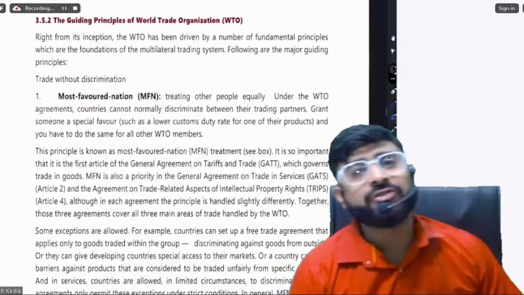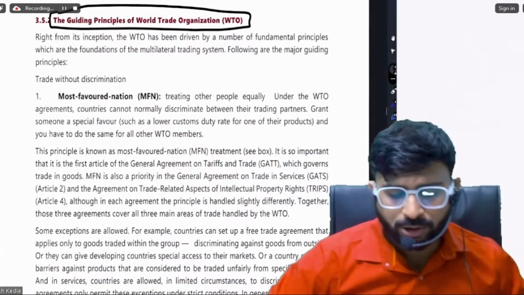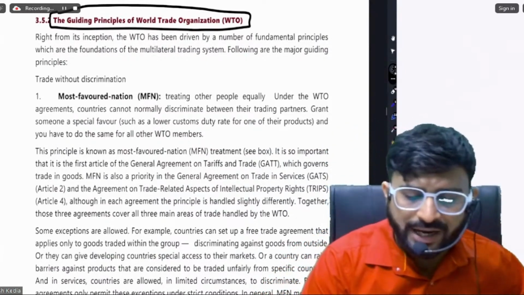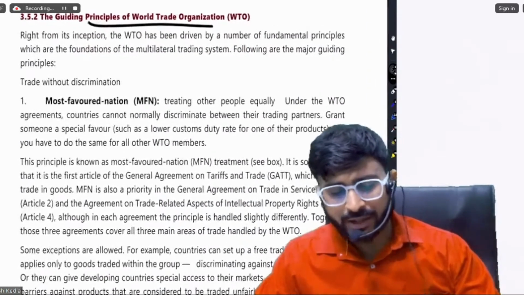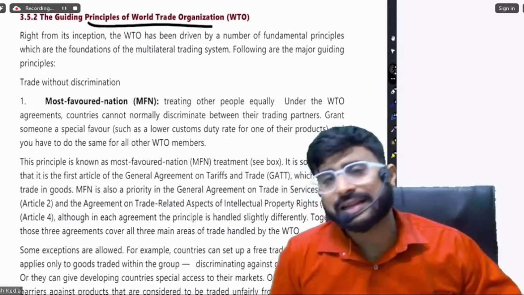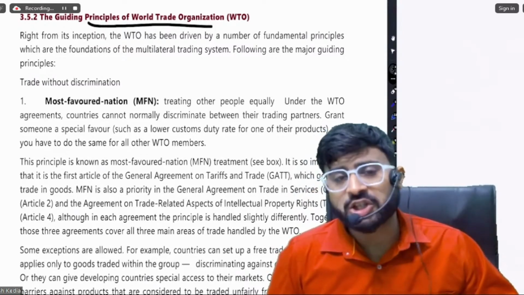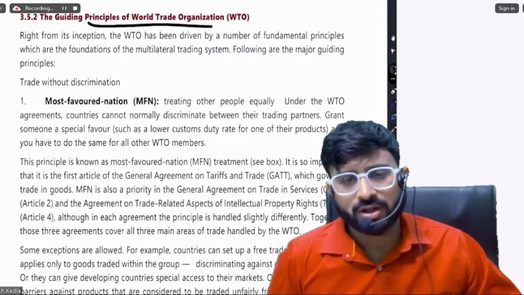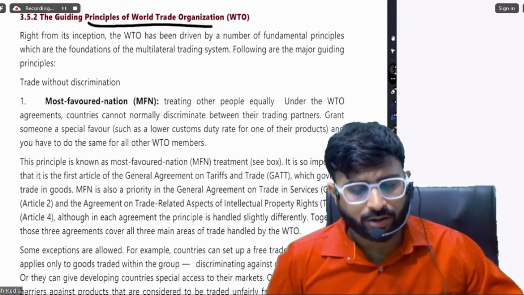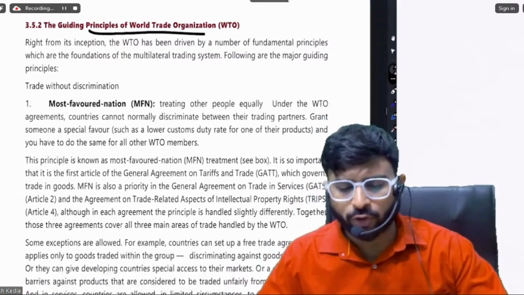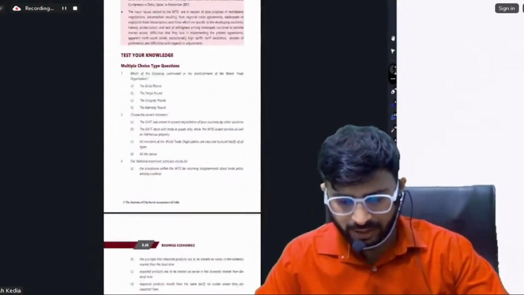Now we are going to study a very important agenda, that is the guiding principles of WTO. So friends, now be ready, because it's a very important area that we are highlighting. Here, we are also going to discuss institutes, MCQs. We are also going to solve this in the class now only. Okay, let's go. But before we do the guiding principles, let me discuss a few points first. Here it is.